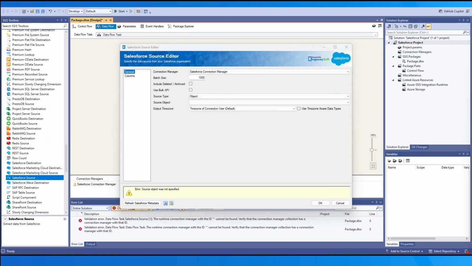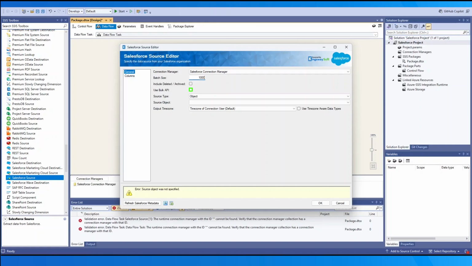The next setting to go over is the batch size. The batch size option allows you to specify how many records you want to retrieve each time. Ideally, you would not want the batch size to be too small to disrupt performance. The next setting is the Include Deleted/Archived option. This option will specify to the component whether or not to return deleted or archived Salesforce records. In our example today, we will leave it unchecked.